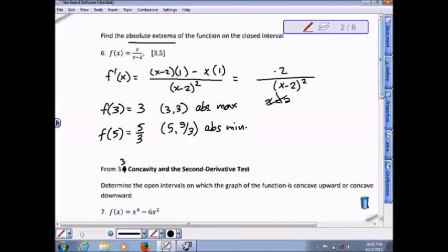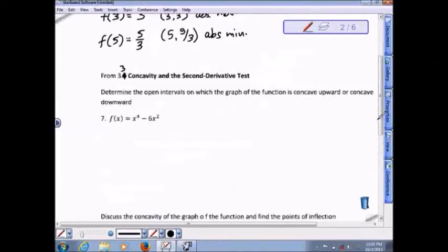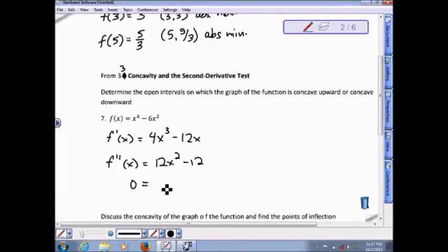That brings us to 3.3, where we talk about concavity and the second derivative test. They're performed similar to the first derivative test. So in question 7, we start with the first derivative, and we find the second derivative and set that equal to 0 to find points of inflection. Points of inflection are where the graph switches from concave up to concave down or vice versa. That's the second derivative. If we set this equal to 0 and factor out a 12,